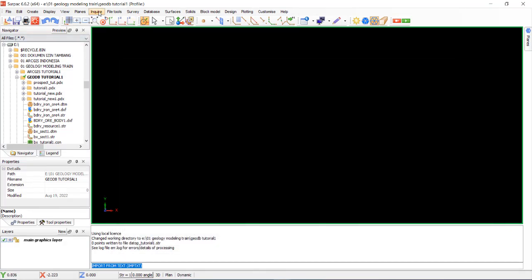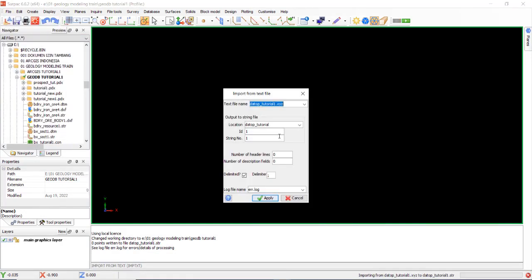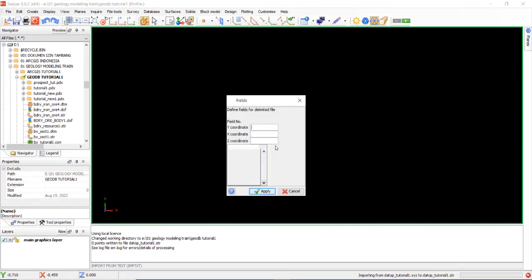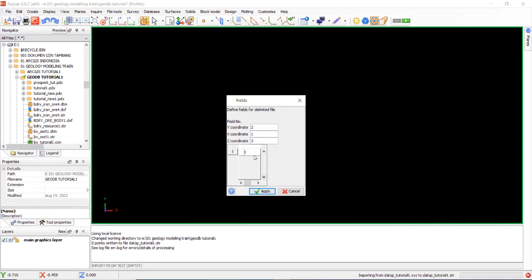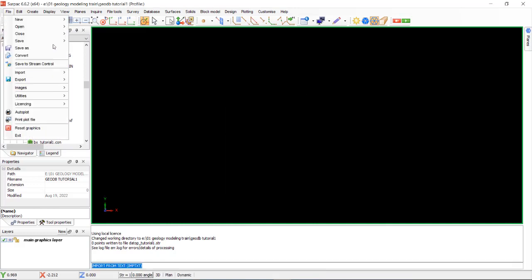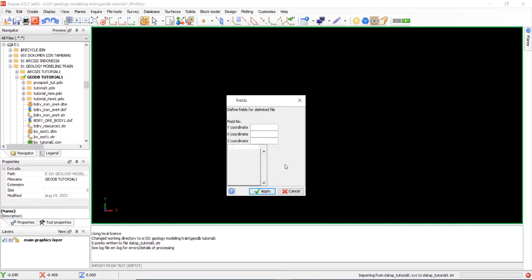Okay, start again, import. This might be changed to comma. Import data, comma. Okay. 2, 1, 3.